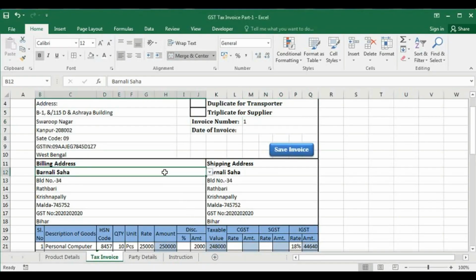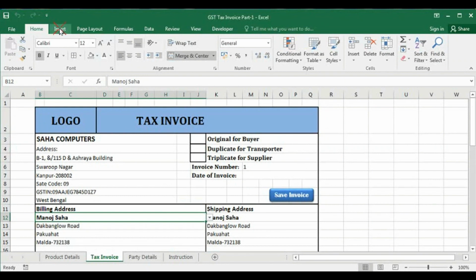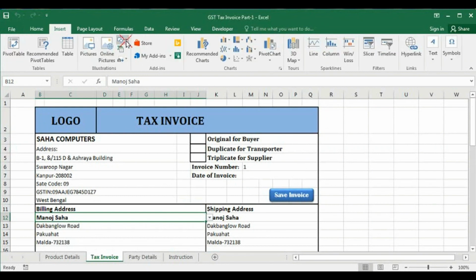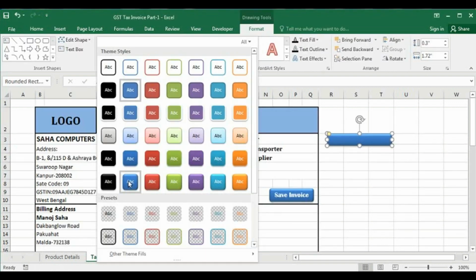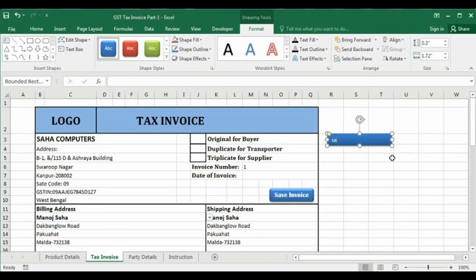So now it will work. Let's see. Yes, now it's working fine. The first button here, so insert a rounded shape, select this one, then edit text, save to sales ledger.